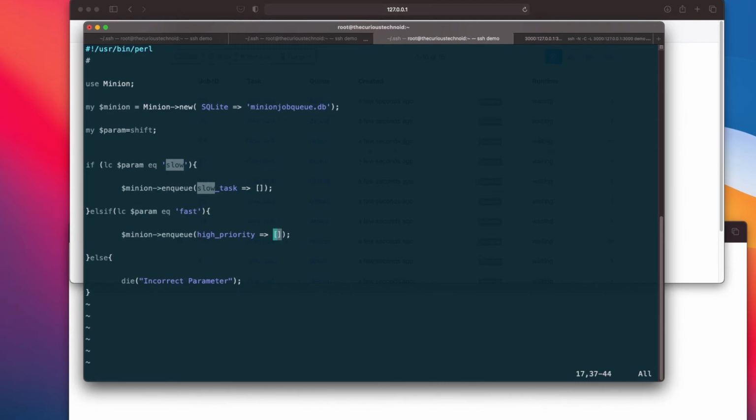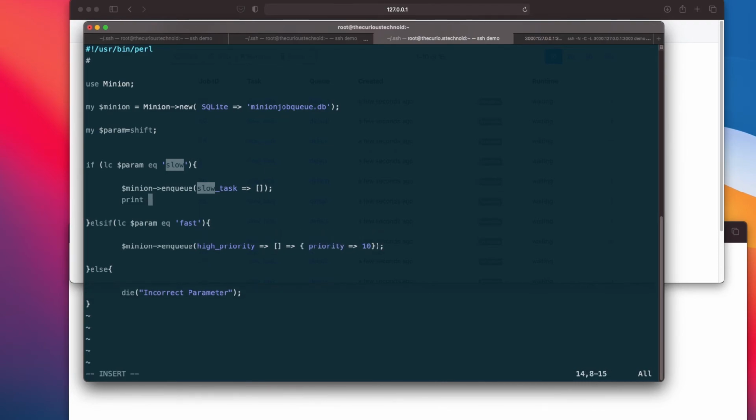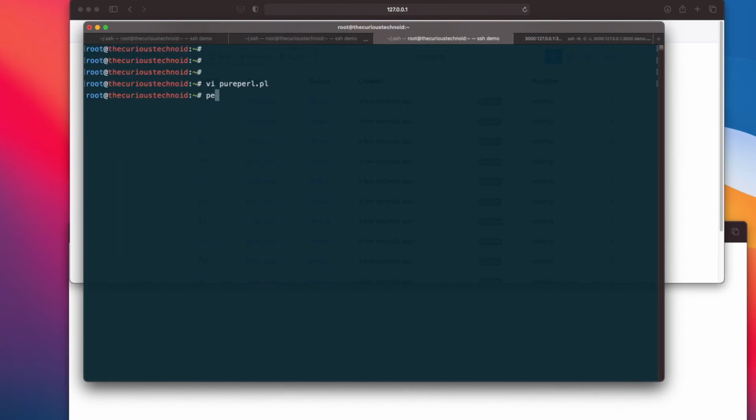And we'll give it a priority. Let us also try to display a message. That's about it. Let's just save and exit.